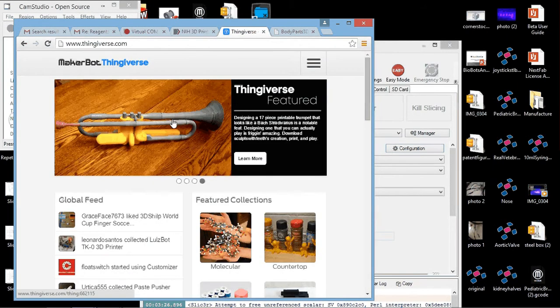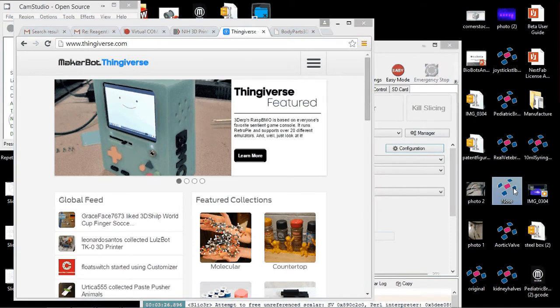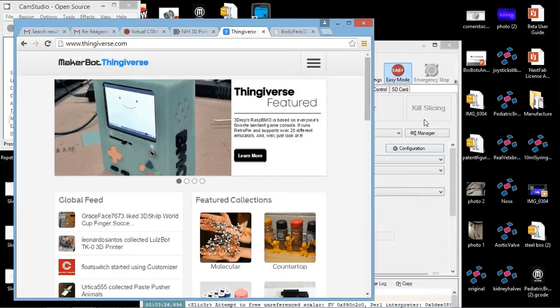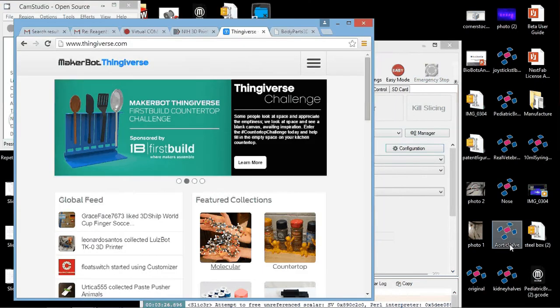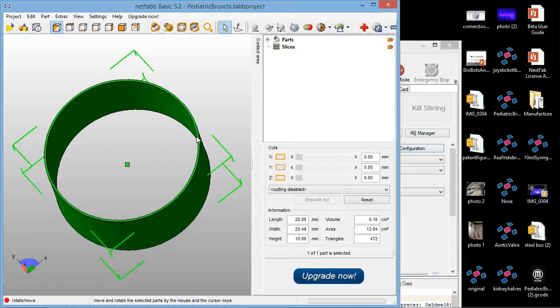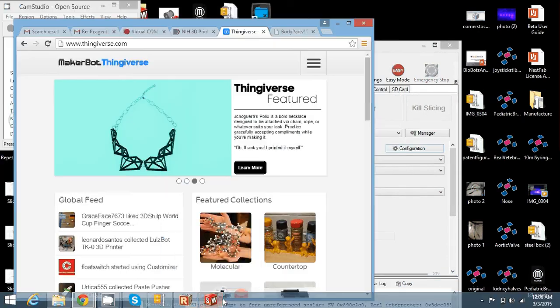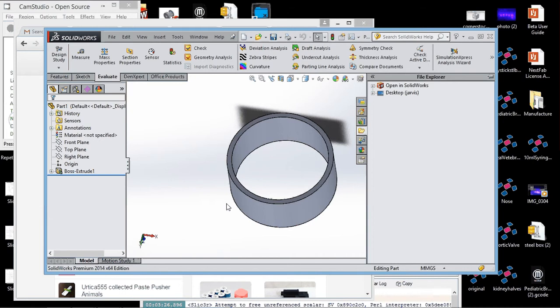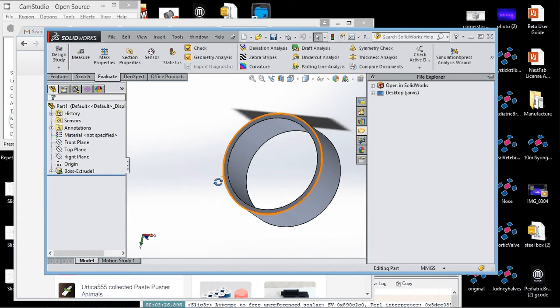There's Thingiverse, which also has some interesting files, and I'll be posting some of our own designs on the Google group that we've been able to have success with, things like a nose or an aortic valve, or other, more simple things like a ring. A lot of people find interesting structures in a ring, and the rings I've actually designed in SolidWorks. So SolidWorks, Autodesk, another great